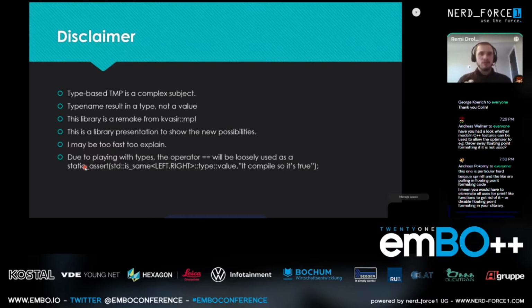So I may be fast to explain, and that's the problem because it's TMP. It's not a very common interface, and you may be a little bit confused, or just not used to this kind of syntax. So I will just go into each function, say what it does, and I hope that you just buckle up and follow along. Also, there's the equal operator. I will use it as a static assert that the left and right parts are the same. So if you see an equal, it's mostly because it compiles. Okay, so this is a disclaimer, and we can start.